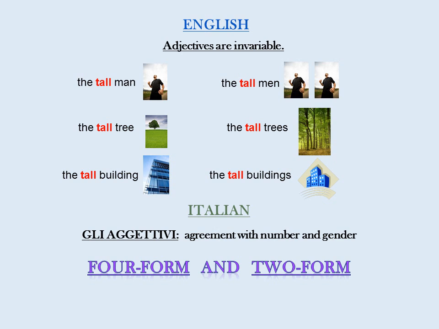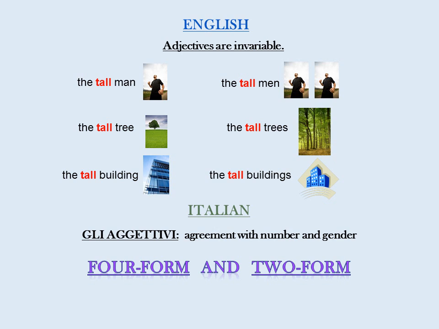Adjectives are words that describe nouns. In English, adjectives are invariable. That is, they never change their endings, but are spelled the same regardless of the number and gender, where English nouns have a clear gender, of the nouns they modify. So we can say the tall man, the tall men, the tall tree, the tall trees, the tall building, the